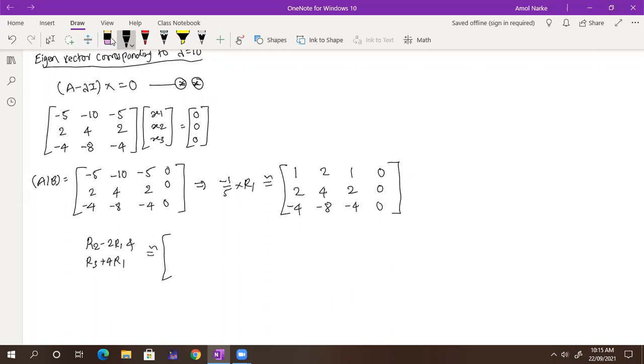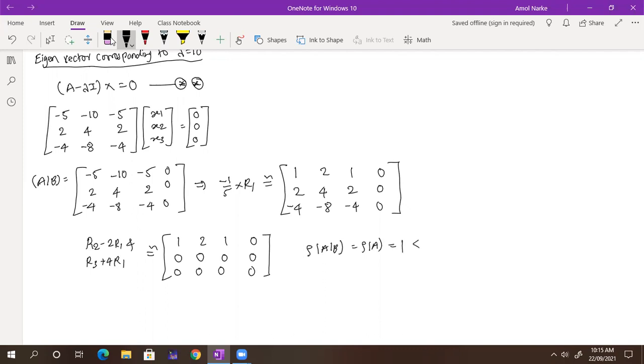So let's see. It is 1, 2, 1, 0, remains as it is. R2 is nothing but 2, 4, so 2 minus 2 times 1, this becomes 0, and this also becomes 0, and this also becomes 0. Here R3 plus 4 times R1, this becomes 0, this also becomes 0, this also becomes 0. Yes or no? Yes, sir. So the rank of the augmented matrix is equal to the rank of A, which is equal to 1,